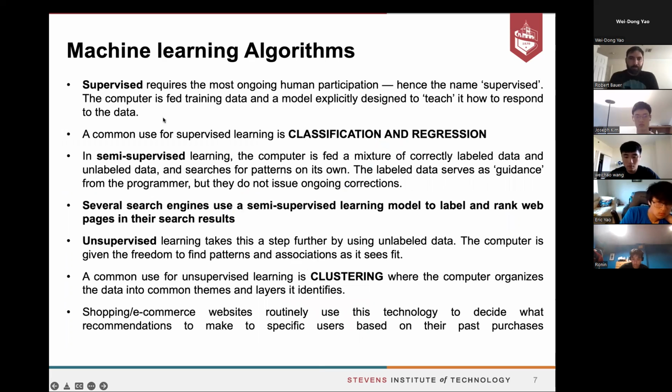Yeah. So this is more of a theoretical part where supervised learning, again, as I said, requires a teacher, which means it responds to the data. The examples are classification and regression. Then semi-supervised learning, where we need both the labeled data as well as the unlabeled data. The best example for it is the rank of a web page, where we can calculate how much time a person has spent on the website.